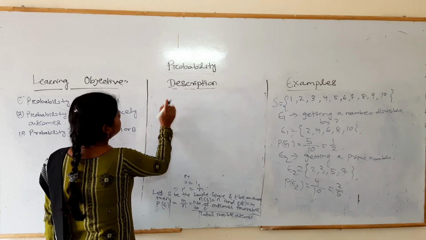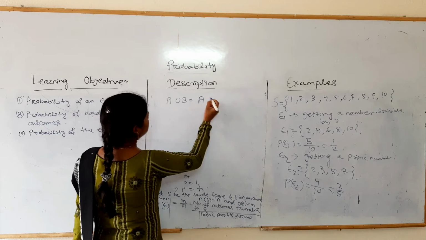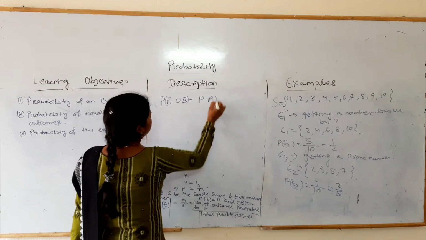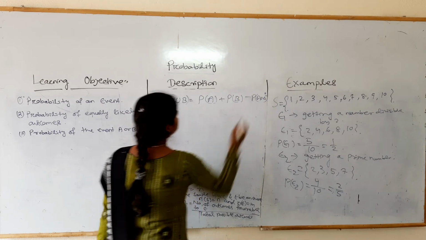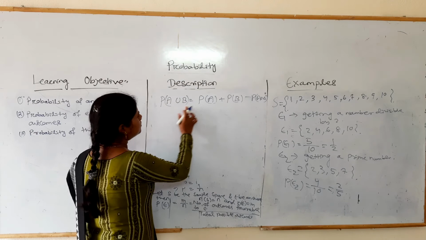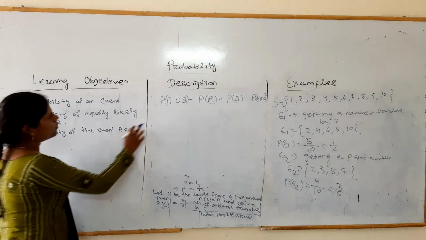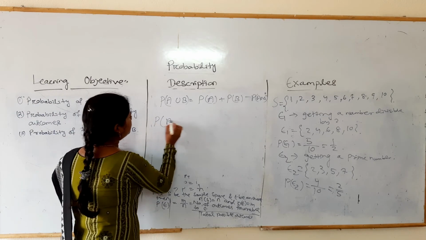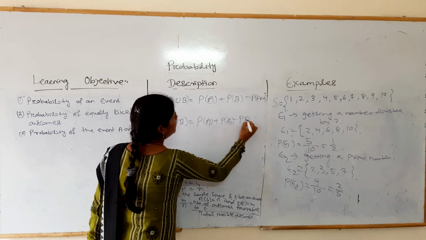Probability of A or B means A union B is equal to probability of A plus probability of B minus probability of A intersection B. So this is the formula to find A union B. This is the general formula of finding the probability of the event A or B, or we can write probability of A or B is equal to probability of A plus probability of B minus probability of A